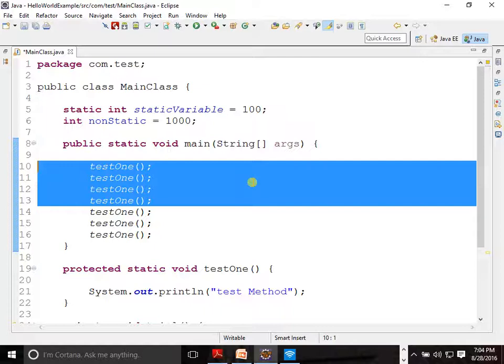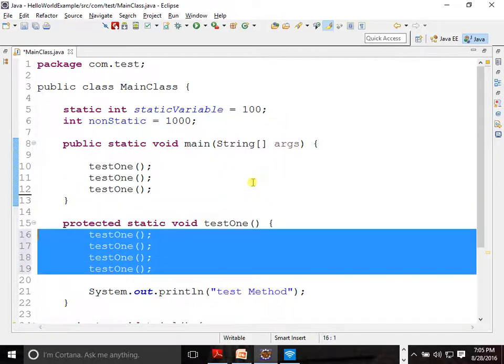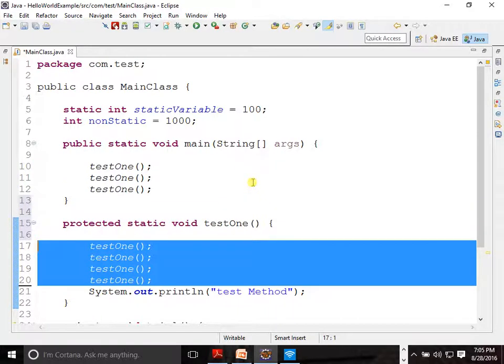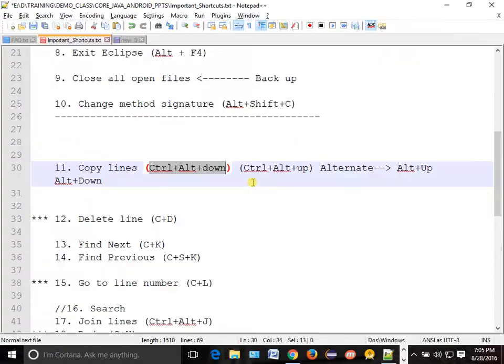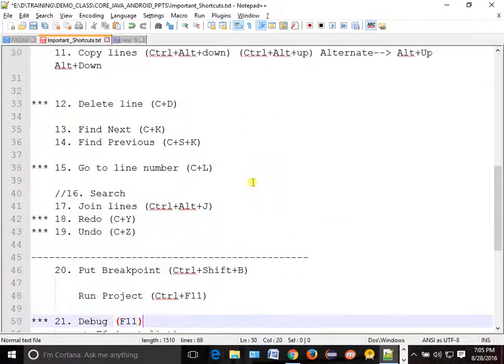We can do cut also, but the problem is you will not be able to see exactly the runtime, what will happen if I put it somewhere. But if we do it like this, then you will be able to think in that way basically. Alt Up or Alt Down.